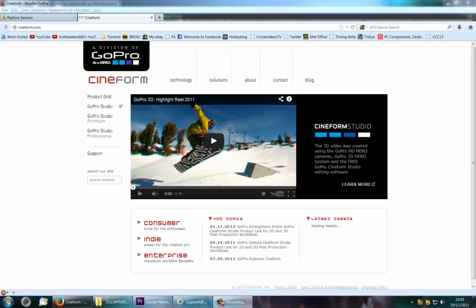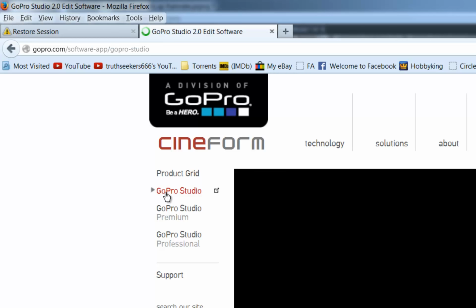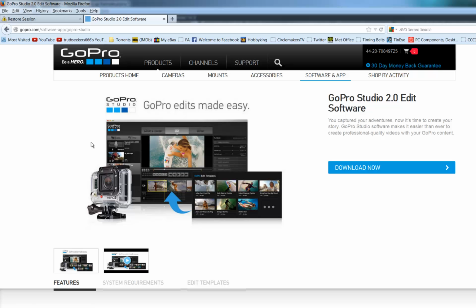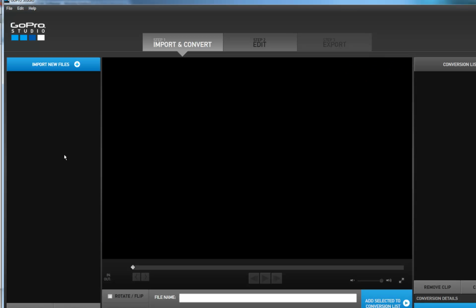One thing I forgot to mention was that Cineform is now owned by GoPro. They basically bundle this free with the GoPro Studio software, which is a free tool. And you can import your footage, as you know. In fact, I'll call it up for you so you can actually see. It's really basic software, which I suppose for some people is okay. But you import your MP4 files into this bit, and then you can